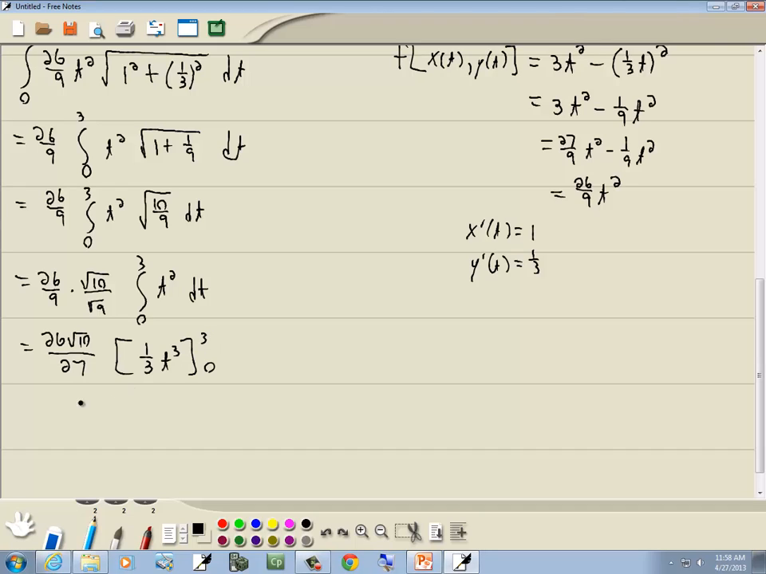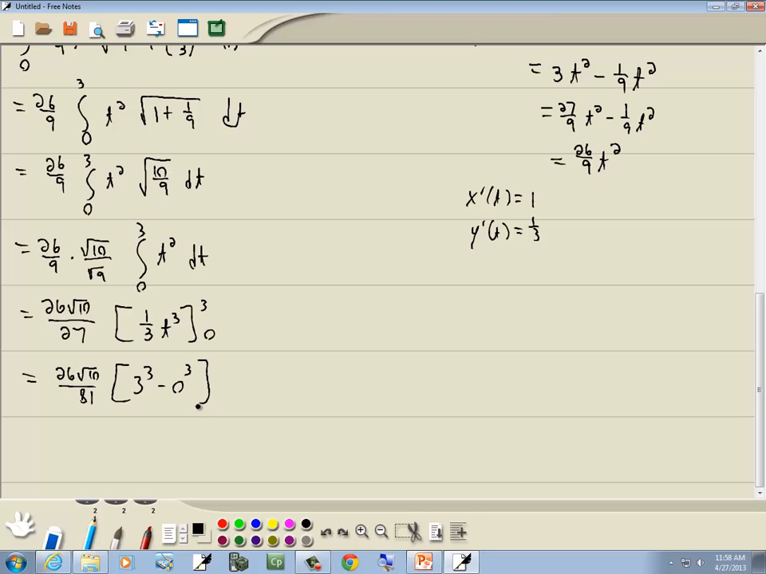From 3 to 0. 1/3 I could put out in front. And that gives us 26 square root of 10 over 81. And now we'll plug these numbers in for t. So we got 3 to the 3rd minus 0 to the 3rd. Well, 3 to the 3rd is 27. And so that gives me 26 square root of 10 over